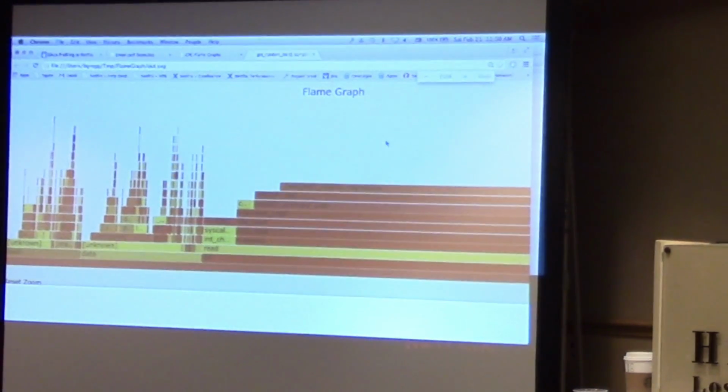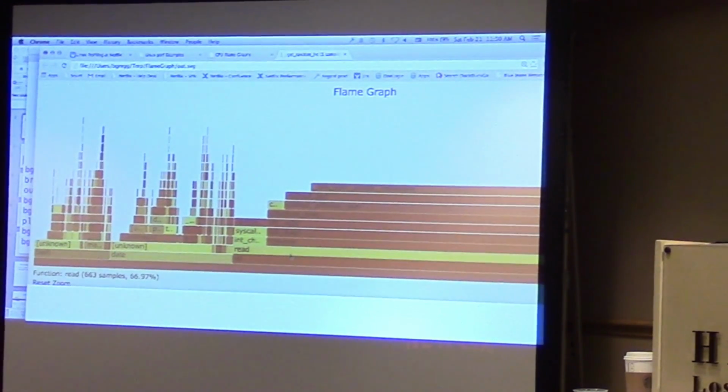So here's a flame graph. The flame graphs are nice because I can mouse over elements and I can zoom in. So dd was 66% of the samples. dd is the winner. So dd from /dev/urandom is actually consuming more CPU than bash and date. And why was it consuming more CPU? I can navigate around the flame graph.